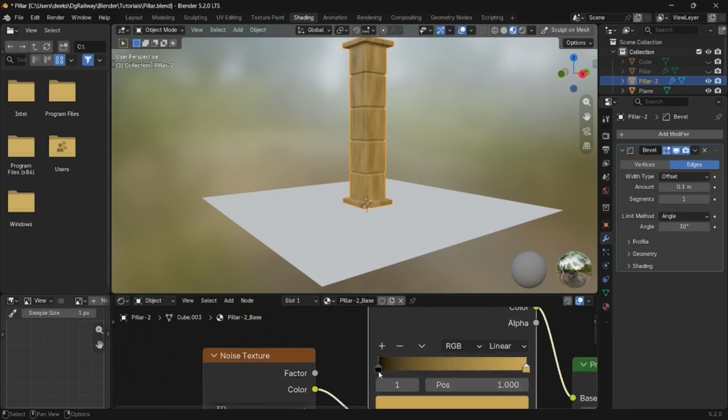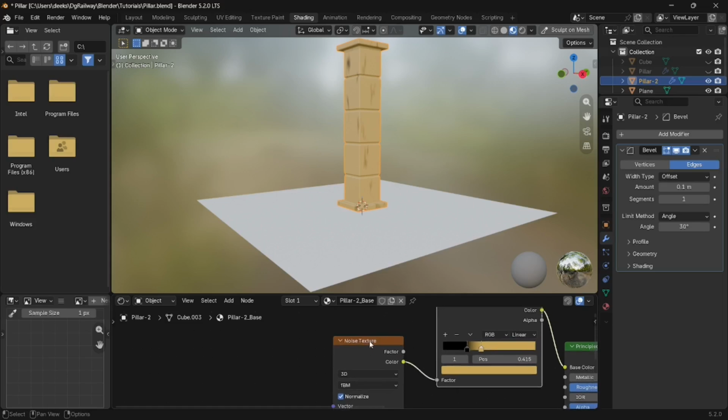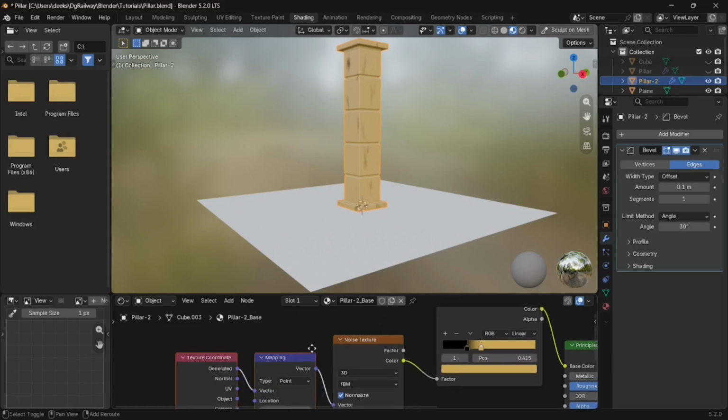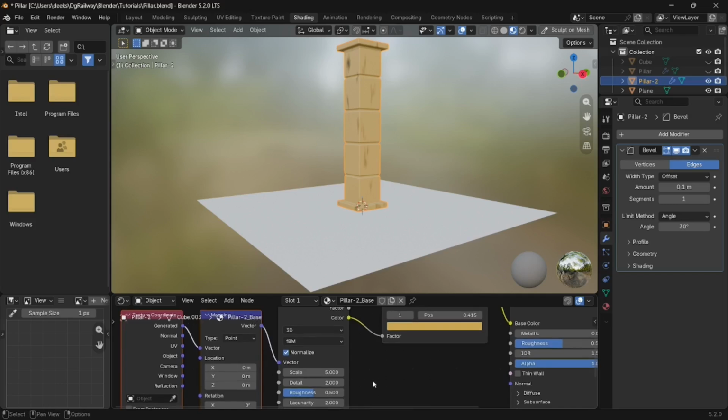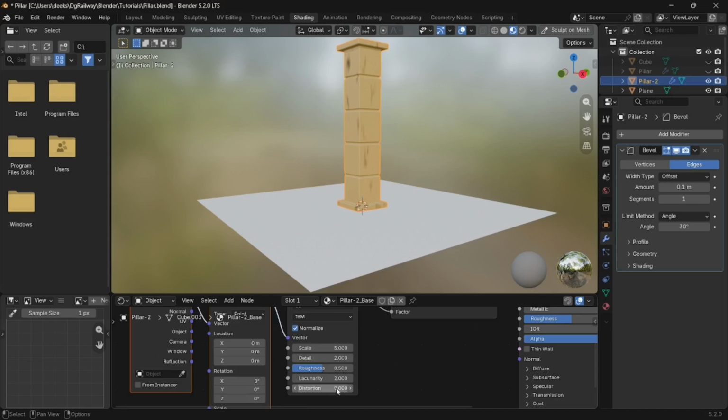Now what you have to do is adjust the ramp values to increase your noise level and increase your color variation. So play around with this color ramp, and it's fine for me. After that, click on noise texture and press Ctrl T. Enable Node Wrangler add-on. I will tell you how in the next video, or in a short video you can find. Play around with these values like distortion, scale level. It's completely up to you. I'm giving you such kind of examples.